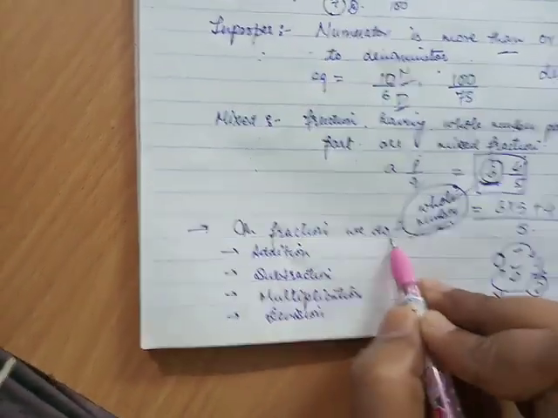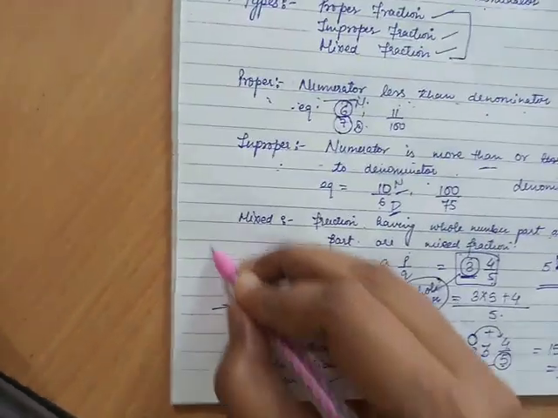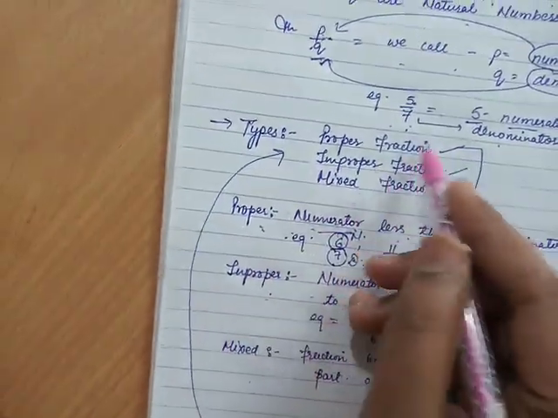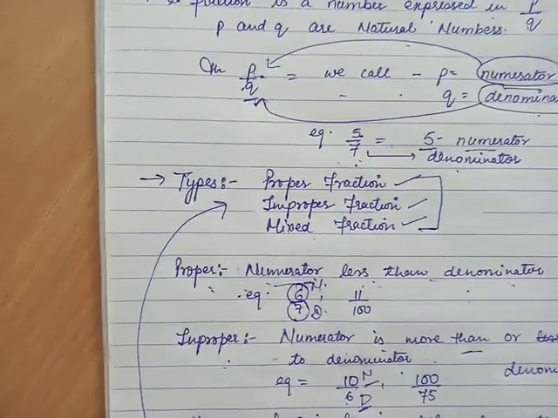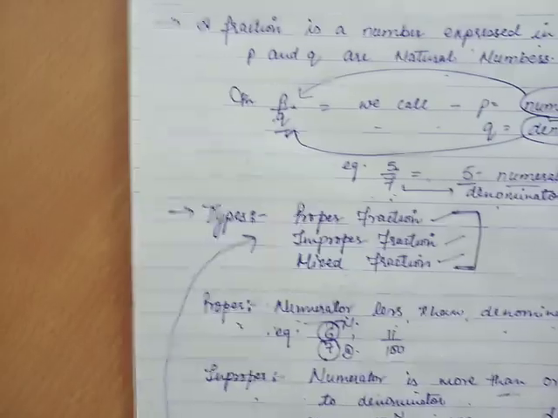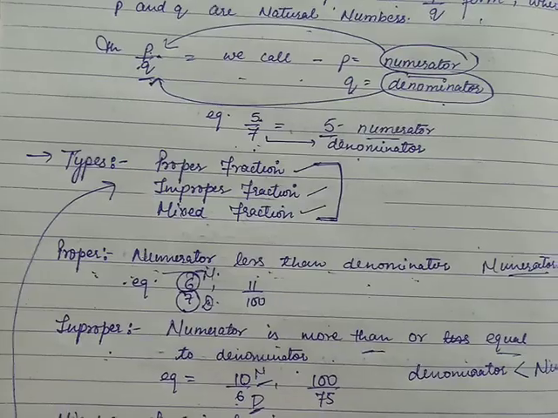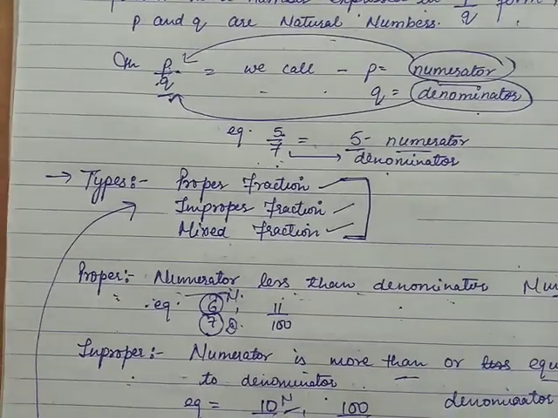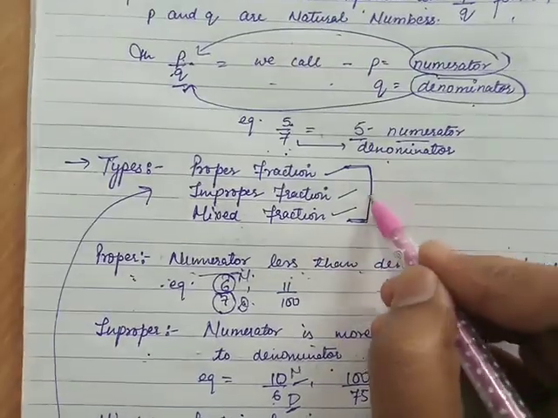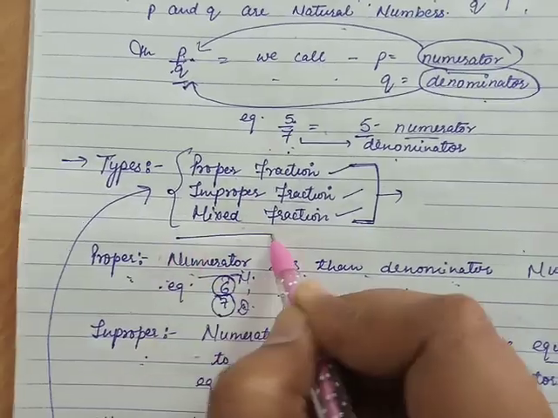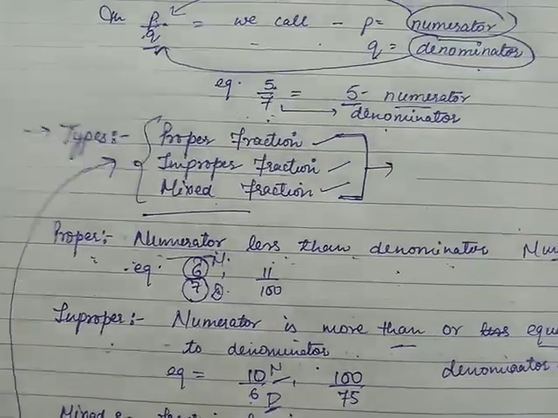Basically, in fractions we do addition, subtraction, multiplication and division in all three types of fractions. The exercises we will go through have these operations: plus, minus, divide, multiply. These operations work with these types of fractions. Now first of all we will learn how to add fractions.